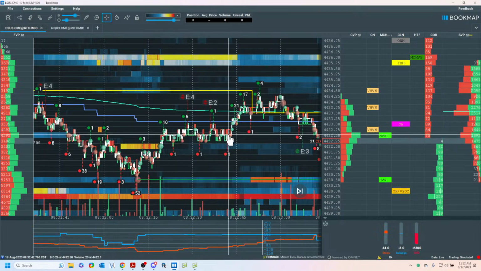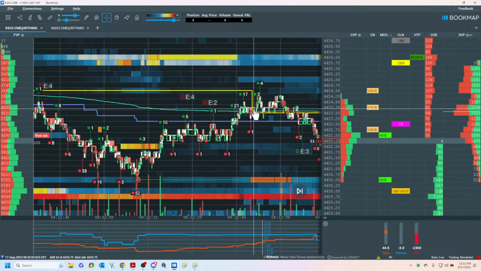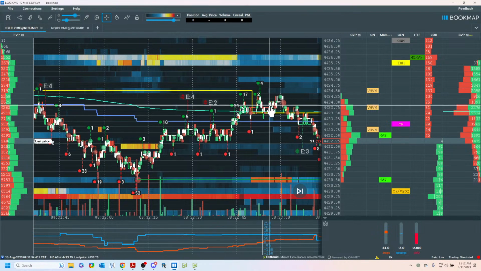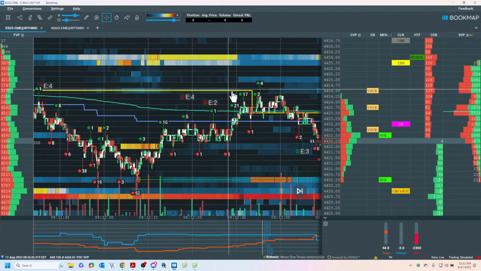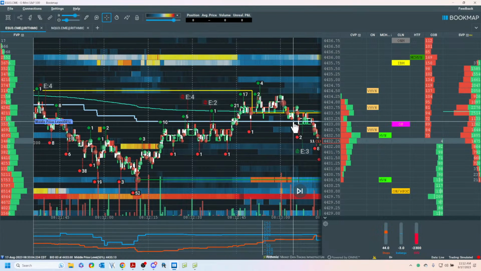The buyers, the buyers, the buyers. To here, don't know. Looking for the buyers. We get the sellers. See the change? Now I have location and I have a change potentially in behavior. How do I enter this trade?